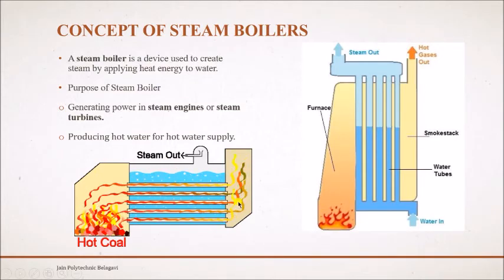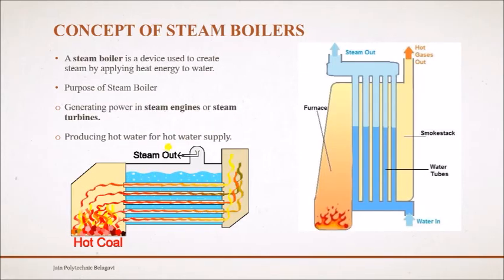This is another type of boiler, which is a horizontal one. This is a vertical one. You can see here coal is burnt. The heat produced due to burning of coal is made to pass through these tubes, and the surrounding is covered by water. So when the heat passes through these tubes, the water surrounded by these tubes gets heated, and water gets converted into steam. The steam found on the upper surface of this water will be taken out for further application. So this is how actually a steam boiler works.